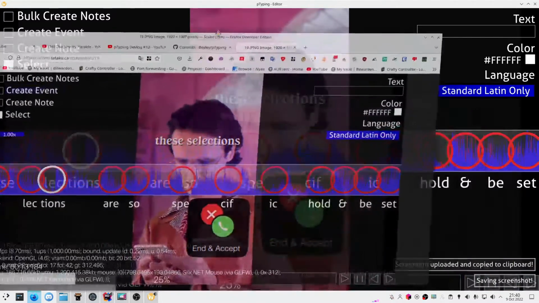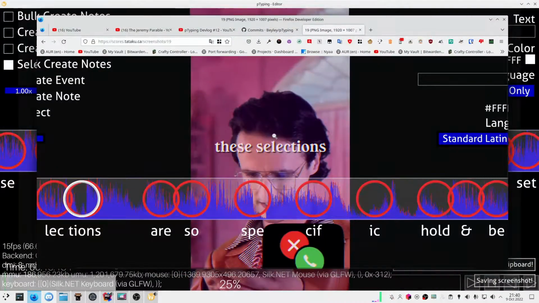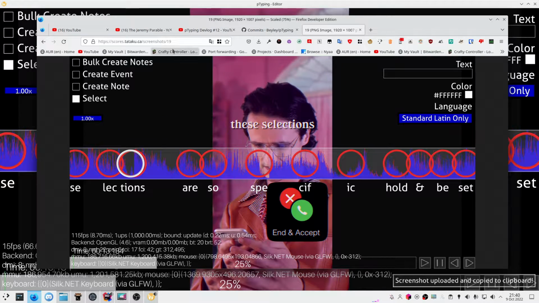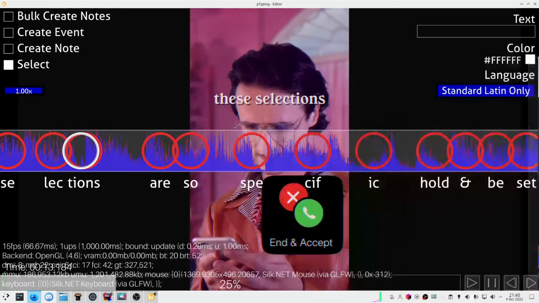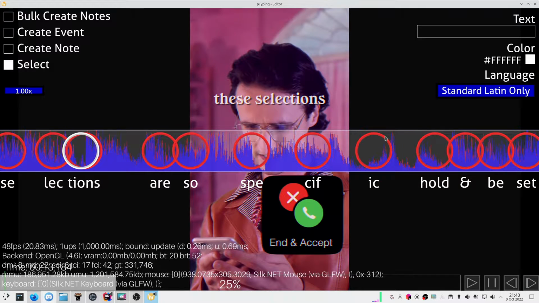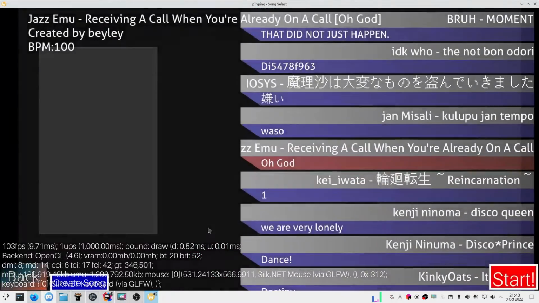So you can see that lossless PNG file, and you can go to this URL too and look at the screenshot. It's very nice, very nice. Various other fixes like no longer your ears get blasted with audio when the game first loads, which was really annoying. Mods are now stored in a smarter format,